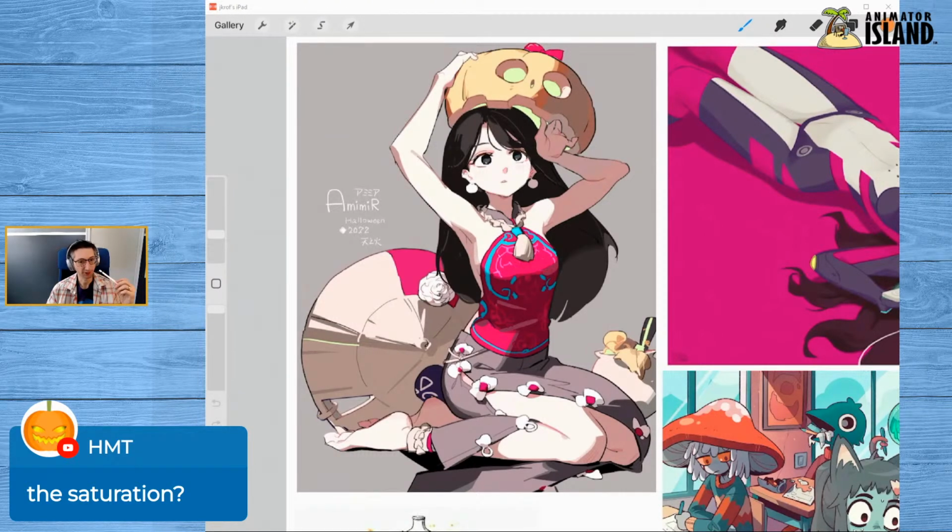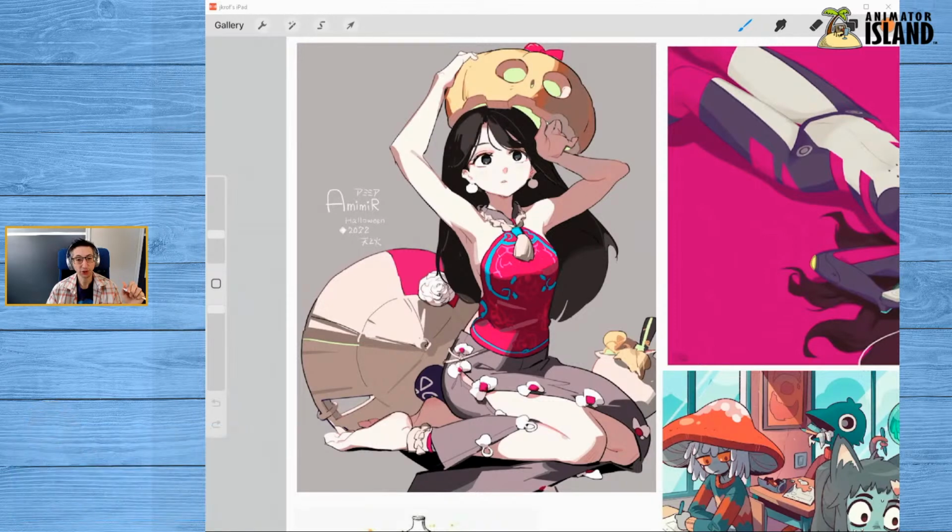To clarify the saturation. So yes, saturation in color is probably the great hurdle that most of us have to deal with. When it comes to desaturated colors, it's a lot easier to come up with more cohesive color palettes. And that's something I'm finding myself for sure as I'm working. The bolder I go, the harder it is to get them to play nicely together because they're both fighting for attention.